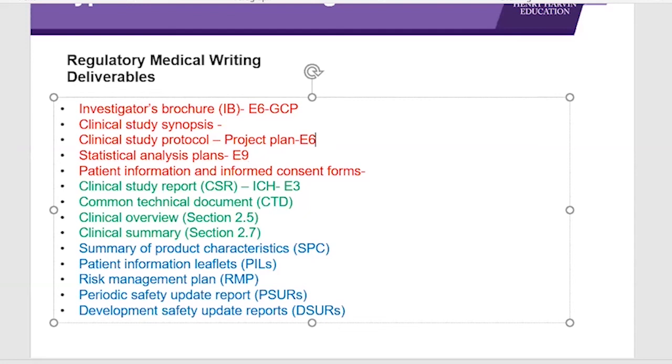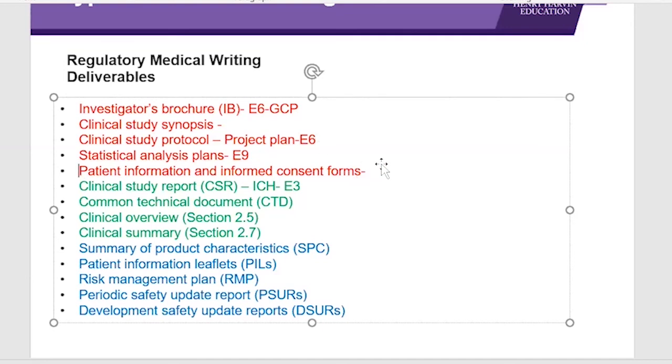And then we have something called patient informed consent forms. Have you heard of informed consent forms? Yes, ma'am. What do you think the informed consent forms do? What is the purpose of them? Ma'am, they're provided to the volunteers involved in the clinical trials so that they are informed about what study or what drug is to be given to them.